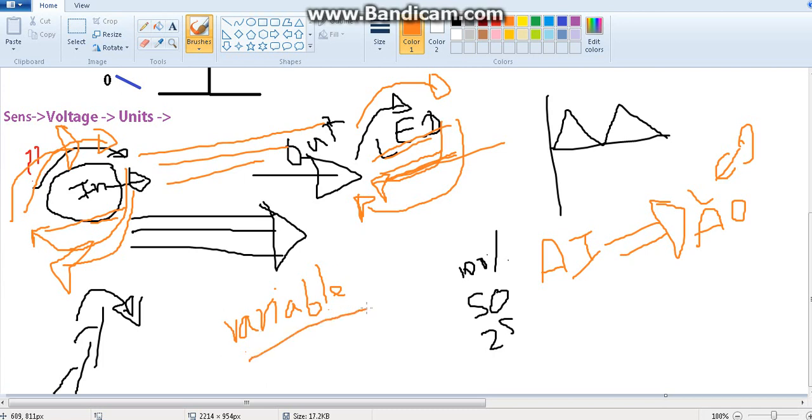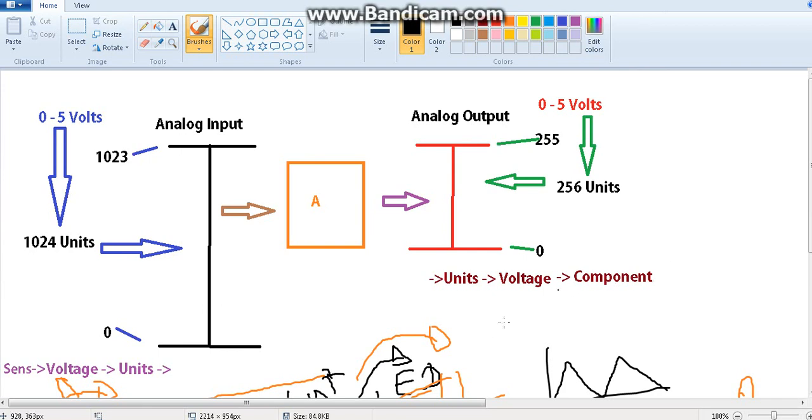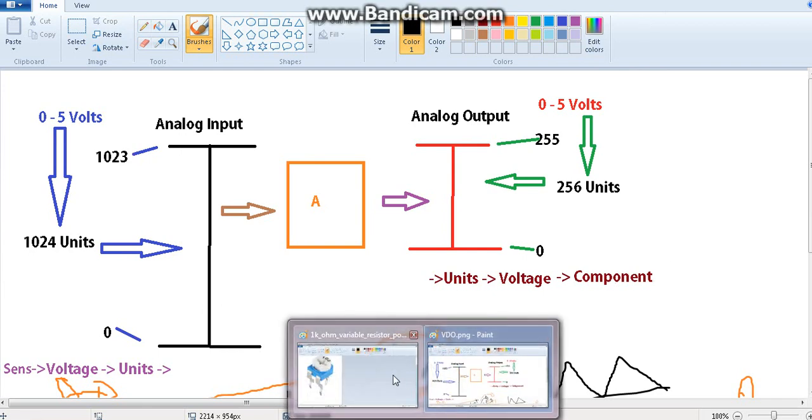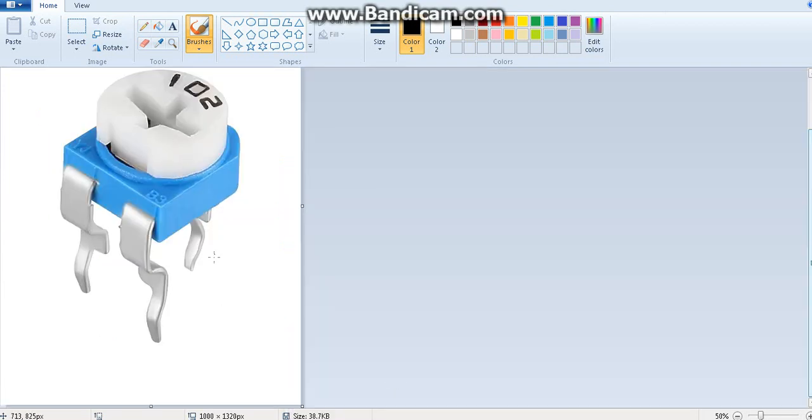So using a variable resistor, by rotating it from one side to the other, we can increase and decrease the analog input. I have told you these things already, right? You can see a variable resistor here. This should go to an analog input pin like A0, and one side should go to +5 and the other side to ground. We have studied this enough, right?